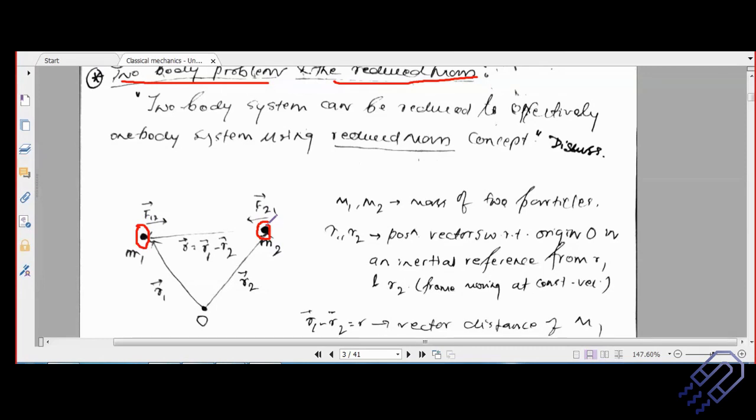So you've got two masses m1 and m2. If you consider this two-body system, this is a two-body system because there are two masses here. It can be reduced to effectively